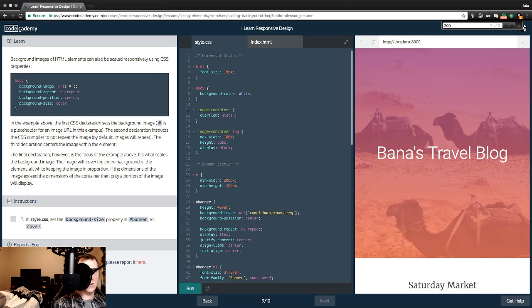The final declaration, however, is the focus of the example above. It's what scales the background image. The image will cover the entire background of the element, all while keeping the image in proportion. If the dimensions of the image exceed the dimension of the container, then only a portion of the image will display. In style.css, set the background size property